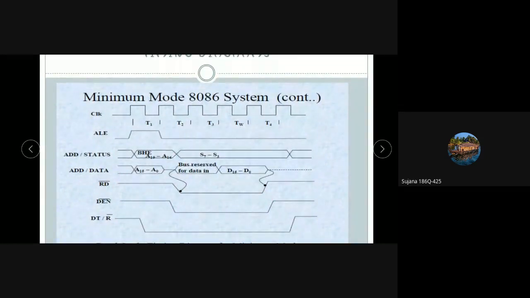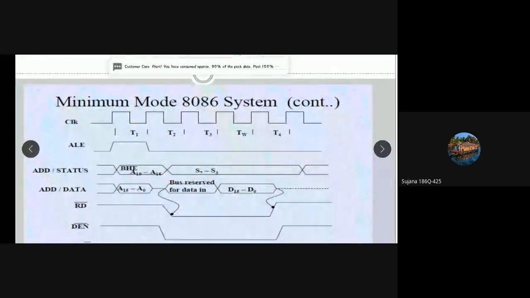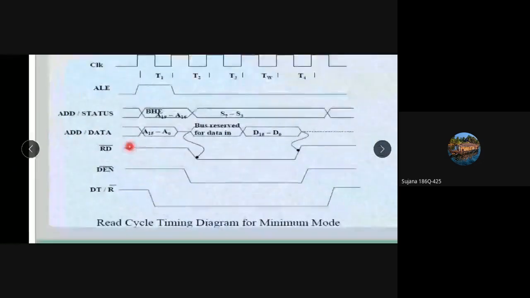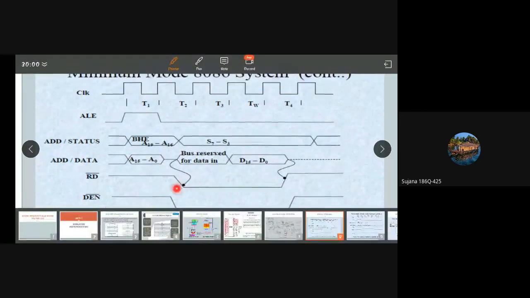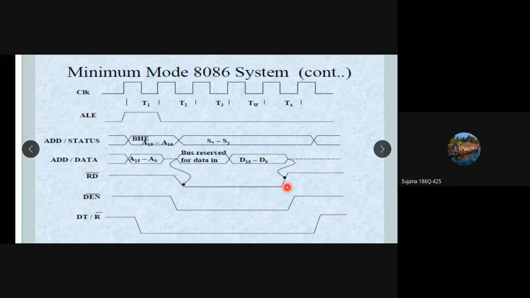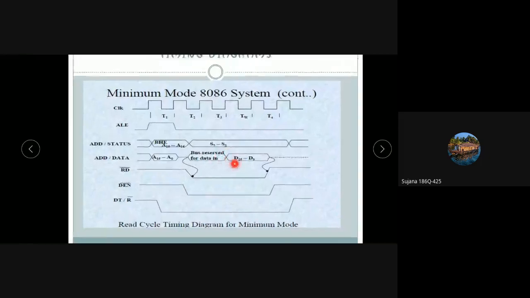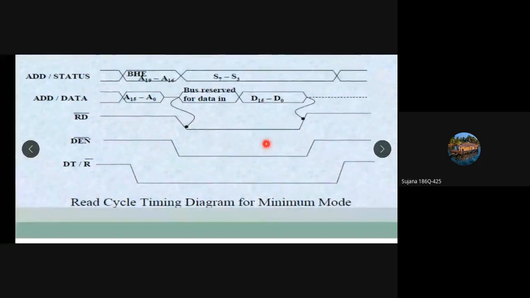Read operation: after giving the address on the address/data lines and dropping the address, the read operation will be carried out. After fetching of the data, the read operation is carried out. We have to make the read signal active, which means read bar should be in the 0 state. Read bar is 0, that means the signal is active. During this time there will be data, so the data will be understood by the microprocessor during this time.